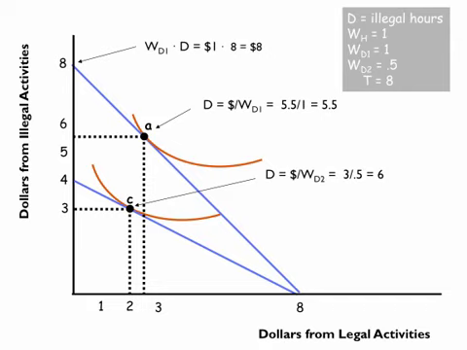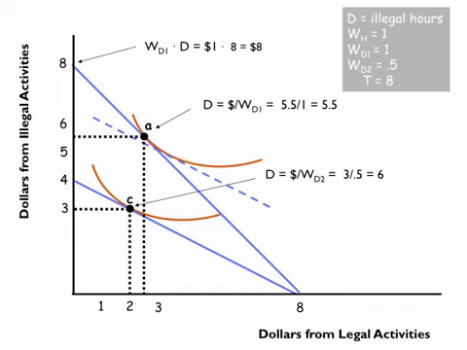Now, the reason has to do with the income and substitution effects. We clearly know that this person is working harder on illegal things, yet consuming less from illegal activities, because of two things. One is that he's going to substitute away from illegal activities into legal activities, but he's also going to have some income effect. And the key here is that the income effect is negative. Let's do the graph to see how this works.